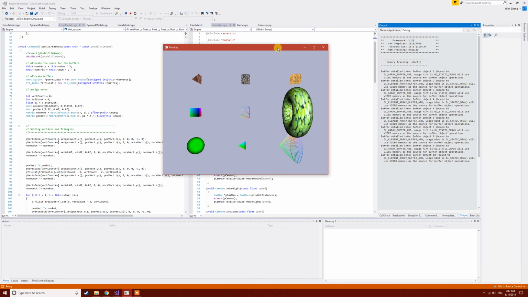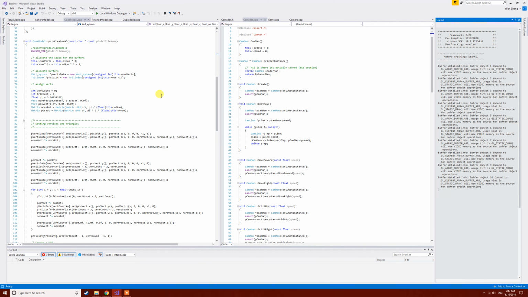So we can see I've updated all these models. I also updated the cube model. So all of this, I draw the triangles by using indexed vertices. This way helps a lot when creating models